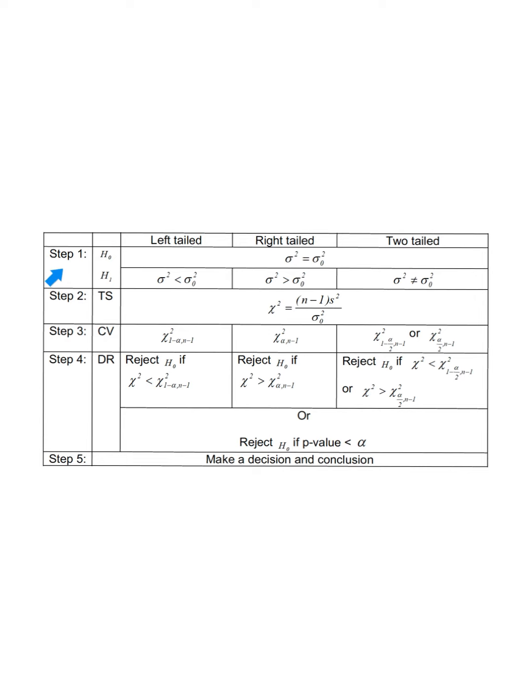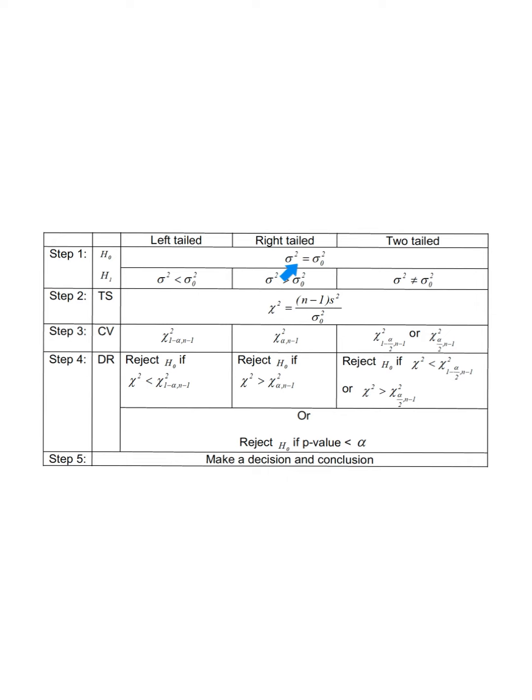So the first step, as usual, we need to develop the null hypothesis and the alternative hypothesis. Since we want to test the variance, of course the null hypothesis is regarding the variance. In our previous topic, we focused on the one population mean and the difference between two population means, so the null and alternative hypotheses focused on mu. But this time, since we are testing the variance, that's why H0 and H1 are